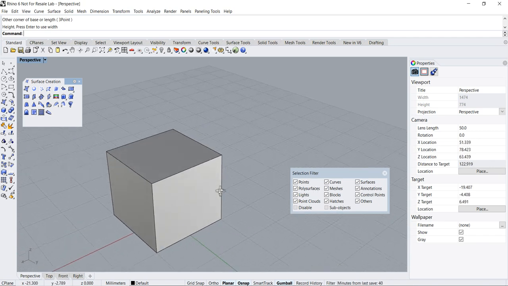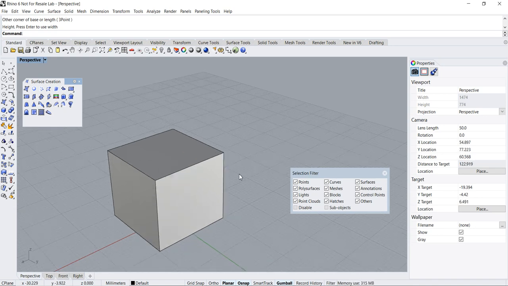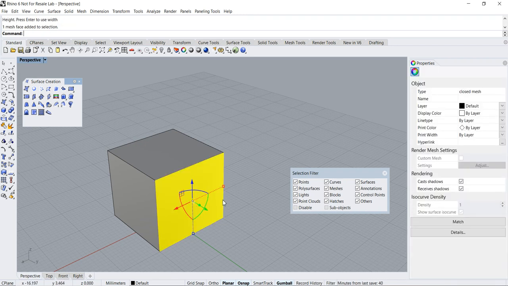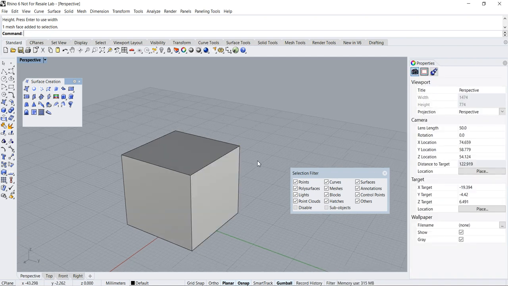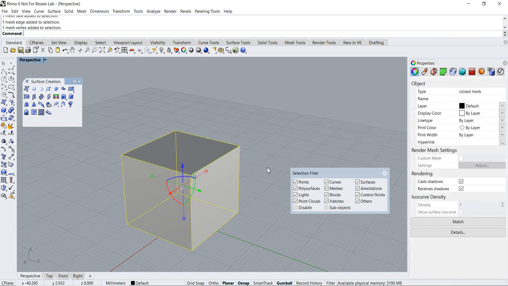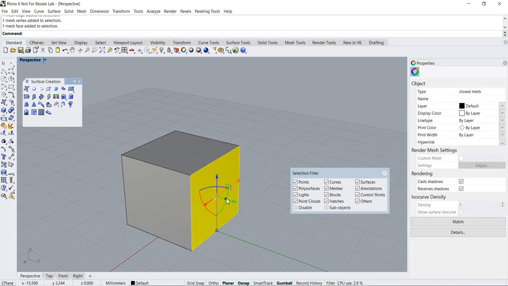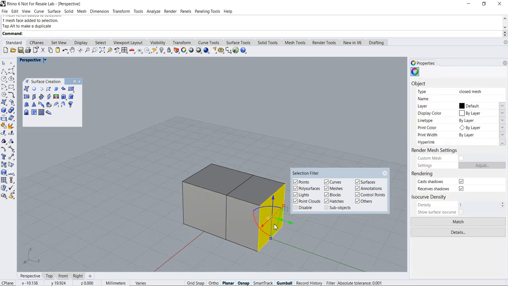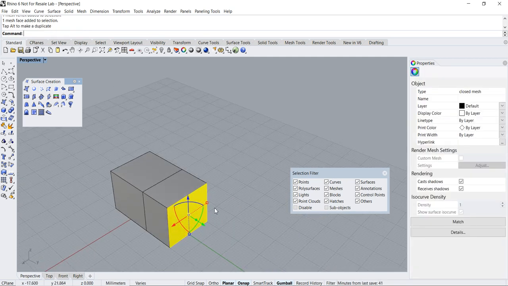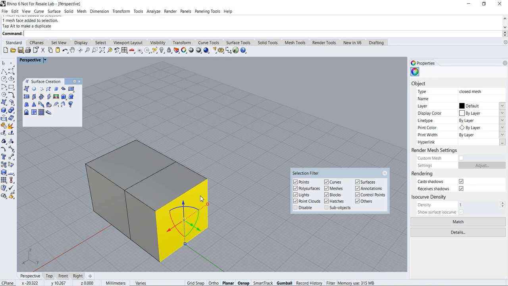Okay, typically if you're not using the selection filter, if you were to select the subcomponents of a mesh box, namely the face, the edge, or the vertex, you need to press and hold the shift plus control key. Okay, so pressing and holding the shift plus control key, I'm selecting the face, the edge, and the vertex. Okay, and if you were to do multiple modification of a mesh, you got to press and hold the shift plus control many times, and it can